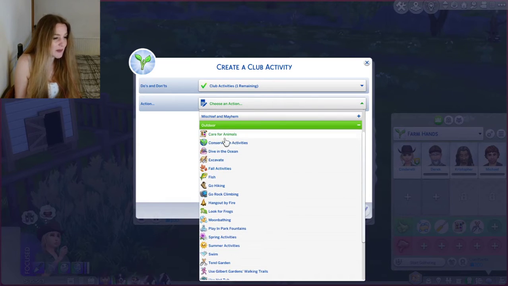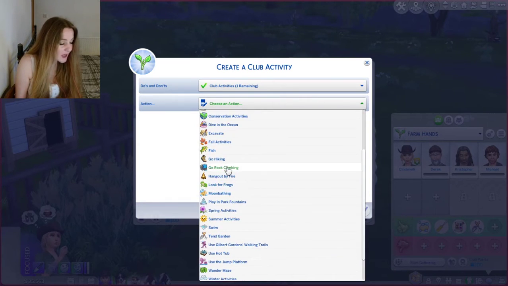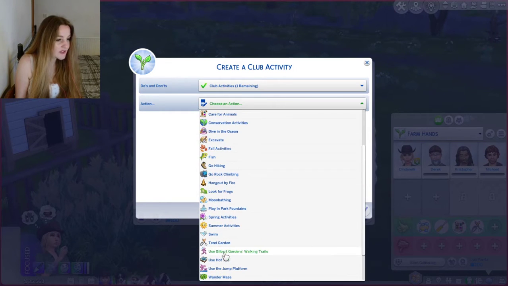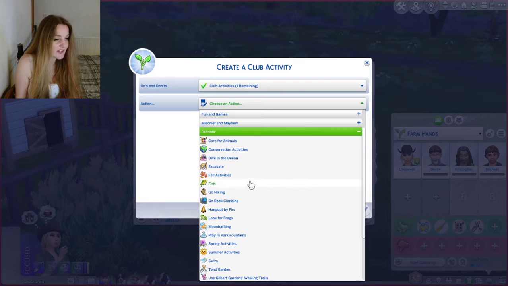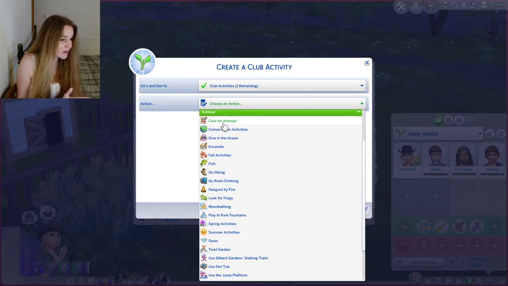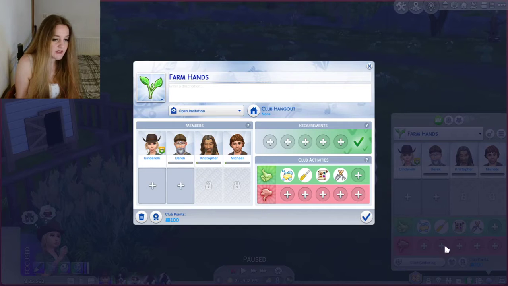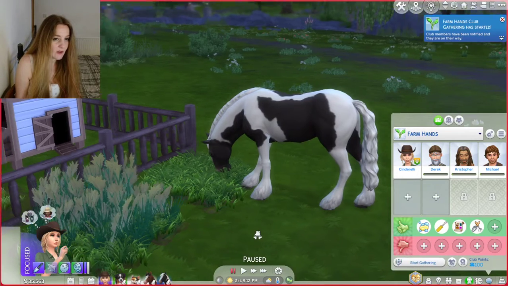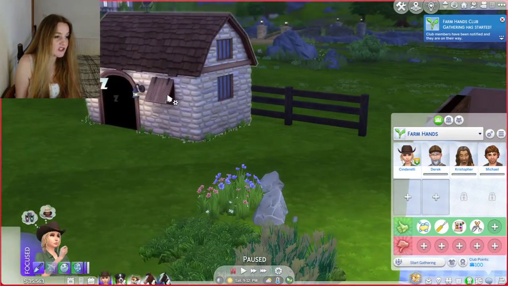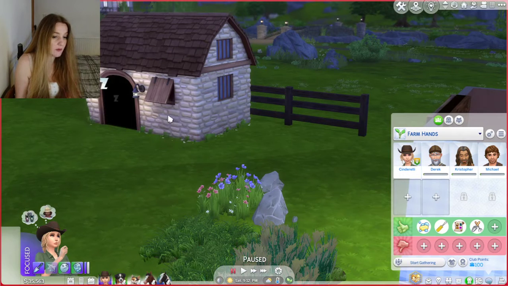Outdoor, I thought they'd be like go horse riding, but I'm not seeing it. I'm also not seeing anything to specifically care for, there's care for animals, but I don't know if that's going to apply to horses or not. I think I have got it enabled as one of the options. So fingers crossed, if I start a gathering, these guys might hopefully come over and tend to my llama. I find that I do have to actually call the llama out, but I've also